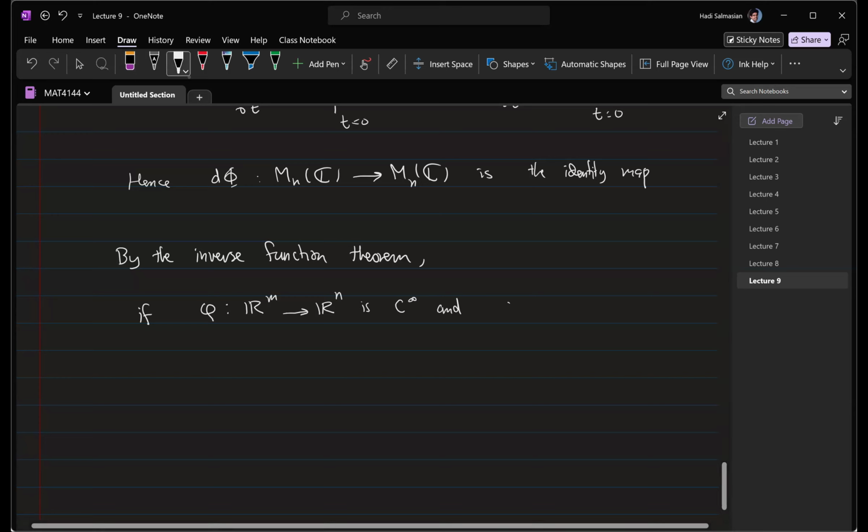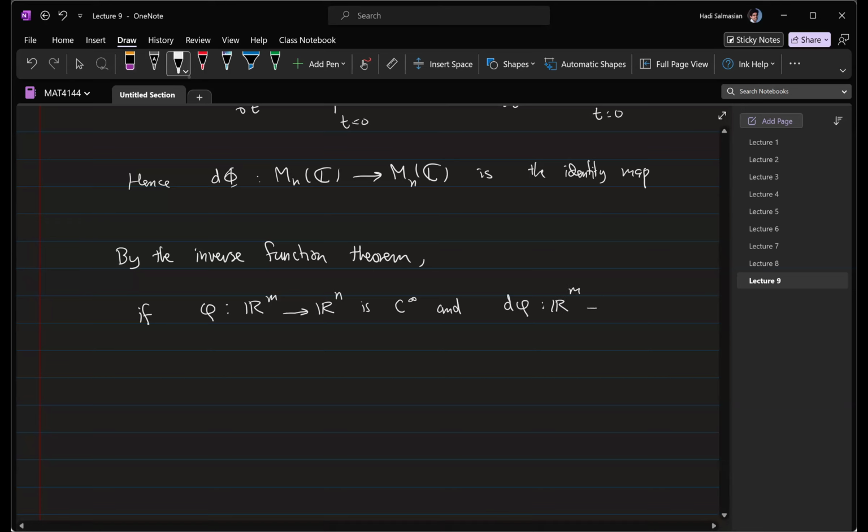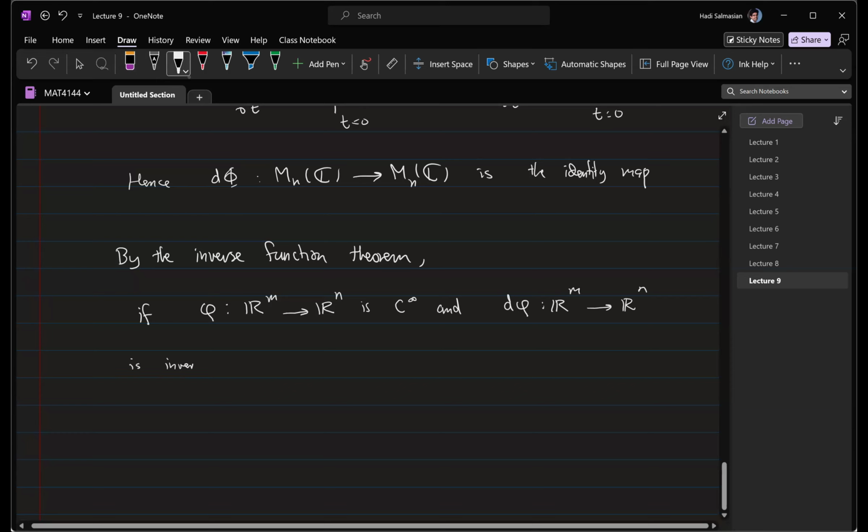And I hope that you know that in this case, D phi will be a linear map. And if this is invertible, which of course implies m equals n, maybe I should have chosen m equals n in the beginning, then